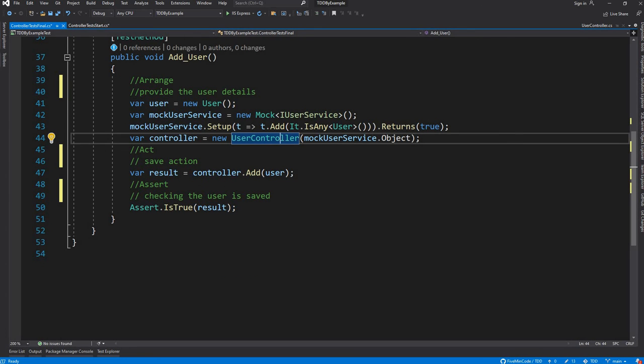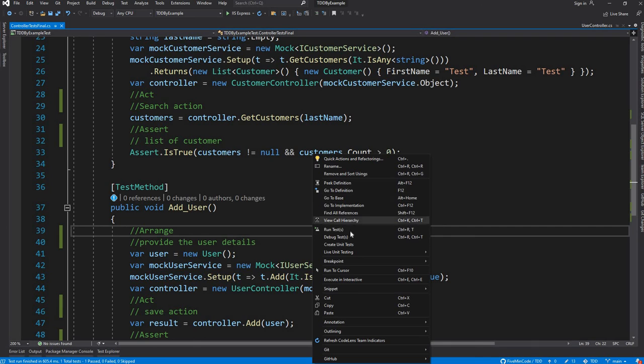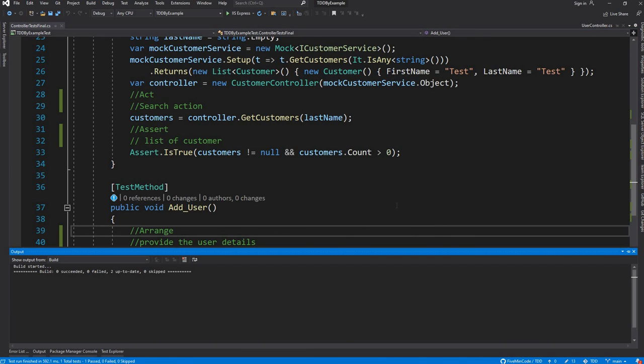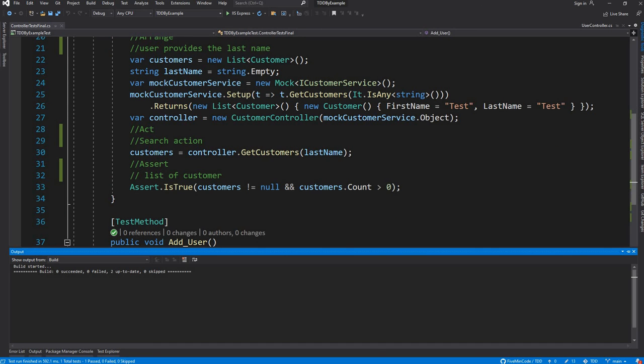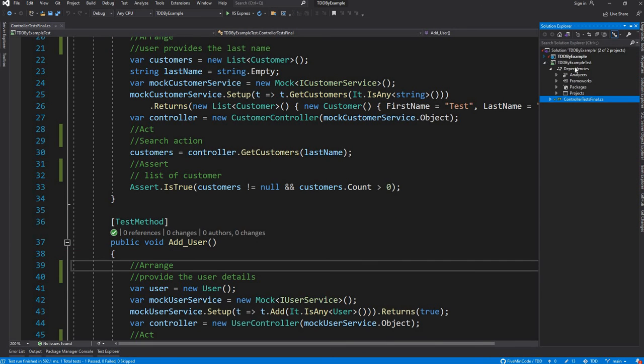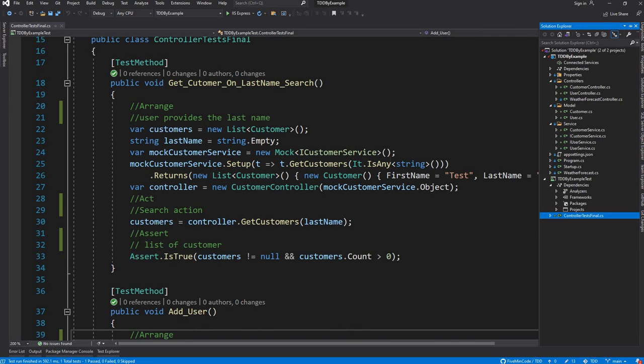And what we do is we mock the result and pass the value, and then we call the controller method of add. So if you see here, these test cases are passing, and that's how we have developed the whole functionality of having a user controller, customer controller, and their models and their services in place. So this is how we will accomplish TDD.